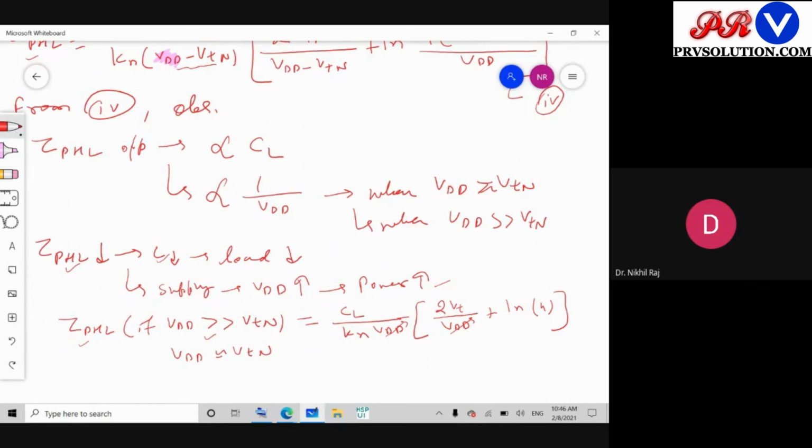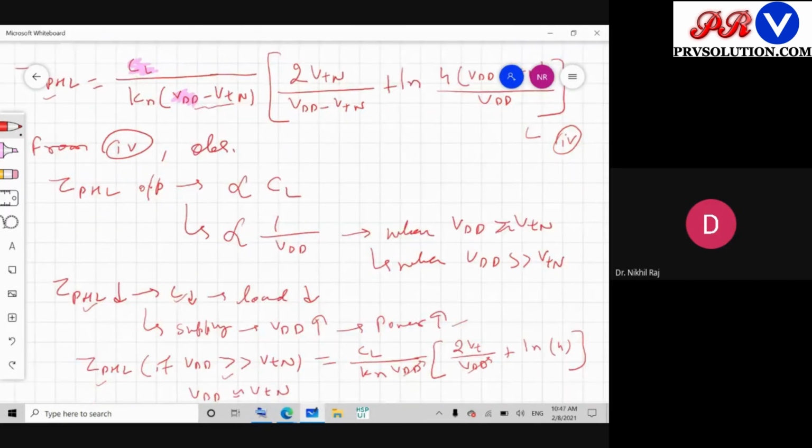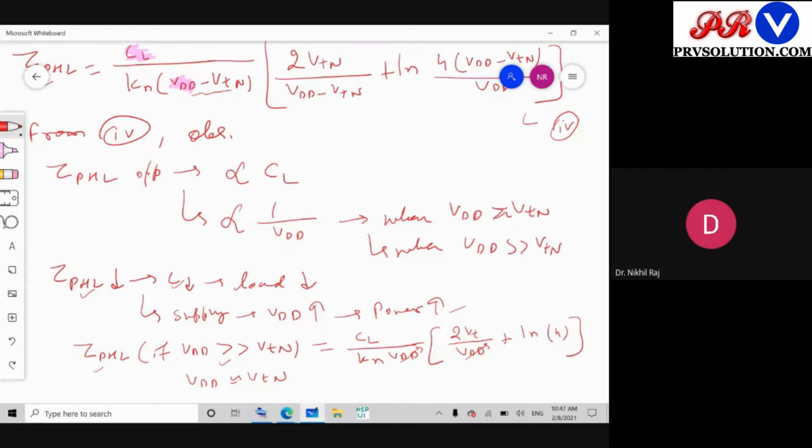Okay, so this is the equation of your TPHL. And what are the challenges? If you reduce the CL, then I can reduce the switching time, but reducing CL means you are reducing the load, so that is not the efficient use of the circuit. The other way to reduce is to increase the supply, but increasing the supply means you are not meeting the target of a low power device. Okay, and that is also the reason that with the scaling of technology, like you must have heard earlier